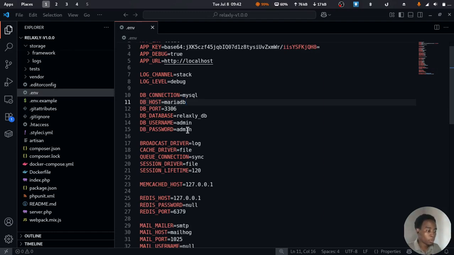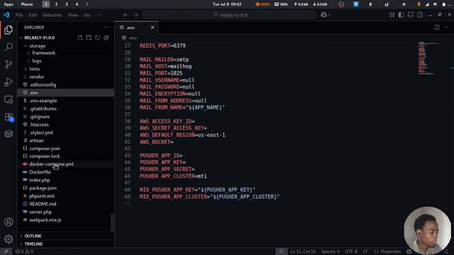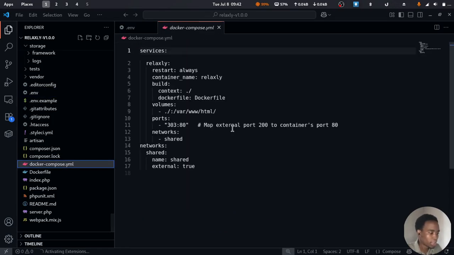So I created the same username and password for both the local database and the one inside the container, so that I don't have to change a lot of things. So the only thing I need to do here is to change the database host. And then after doing that, the next thing you need to have is the docker-compose file that will be responsible for creating the Docker